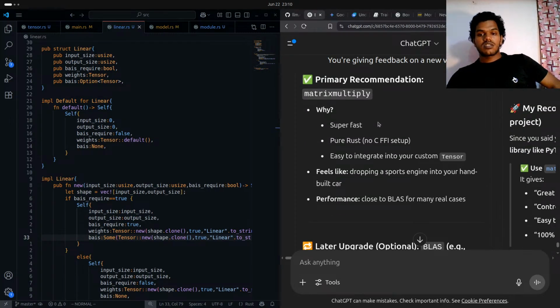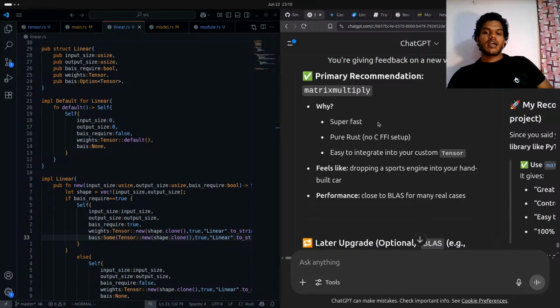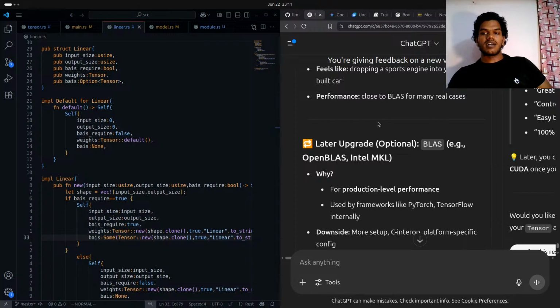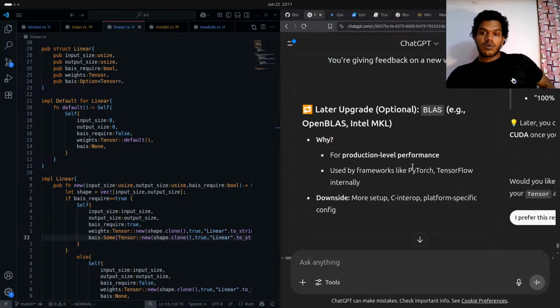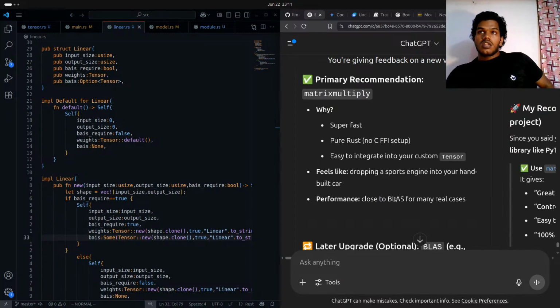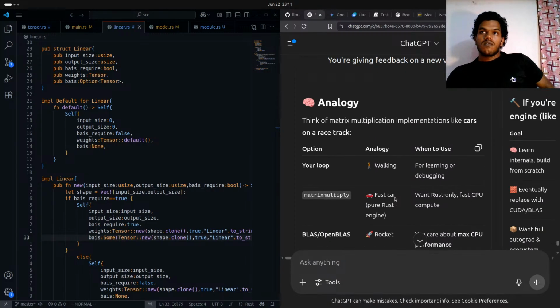Super fast, pure Rust, easy to integrate into your custom tensor, feels like dropping a sports car into your hand, built-in performance close to BLAS for many real cases. For production-level performance, here's my, okay. Let's use this for